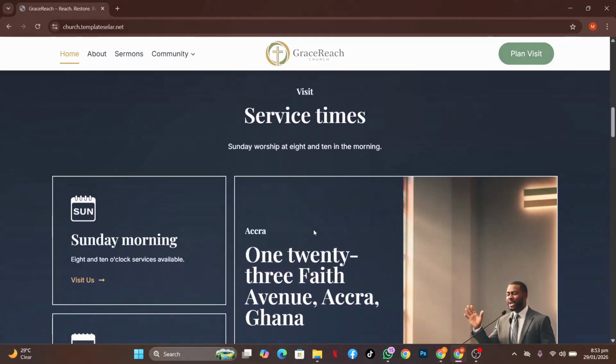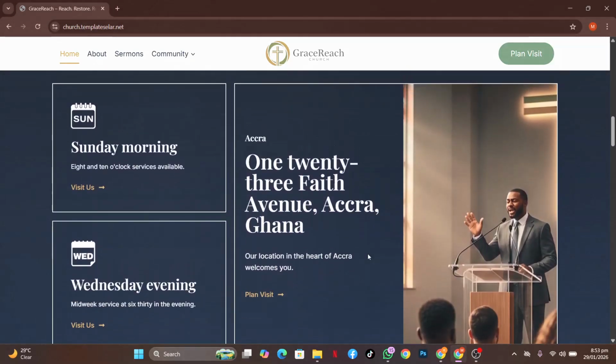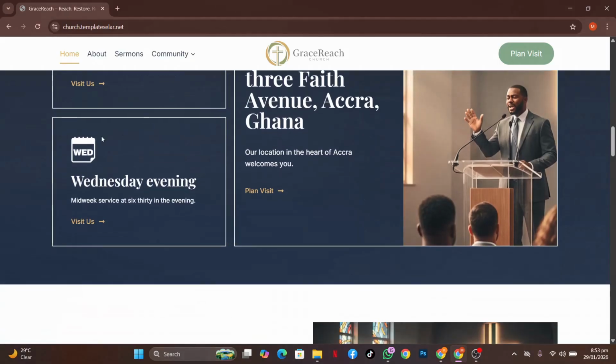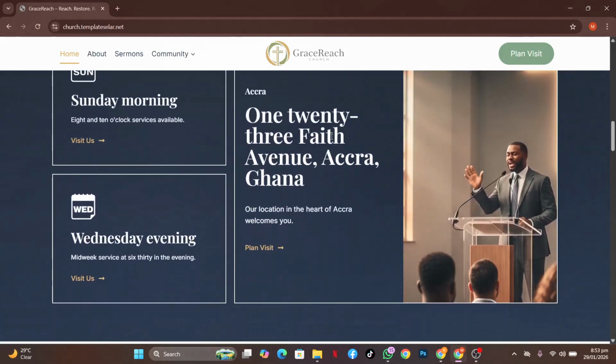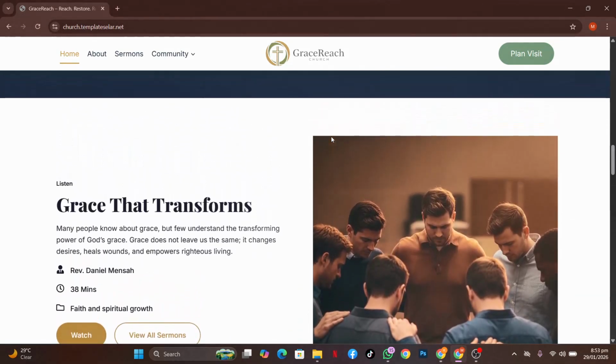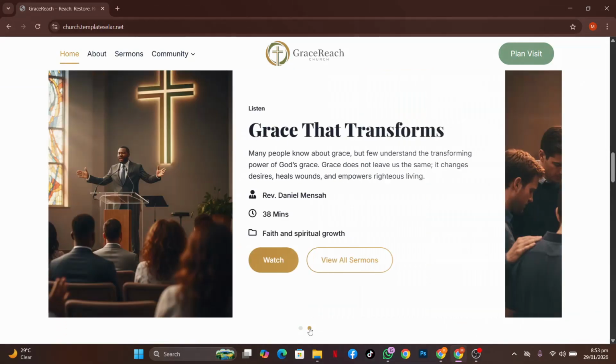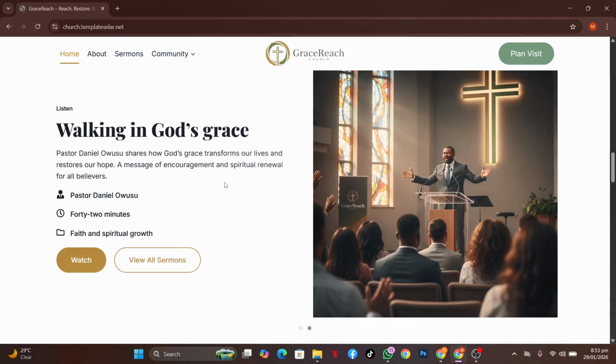And then when you come here, we have the service times section. It talks about the times that we worship in this particular church. I'm going to show you how you can create this nicely for your website. Then this slider over here is the sermon section. Okay, so as you can see, we have a carousel which displays some of the recent sermons